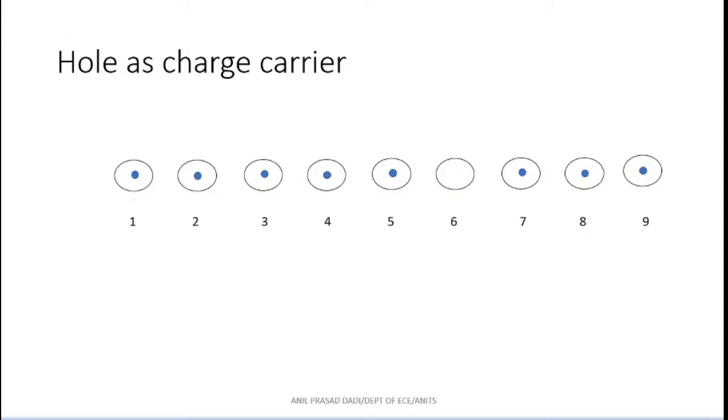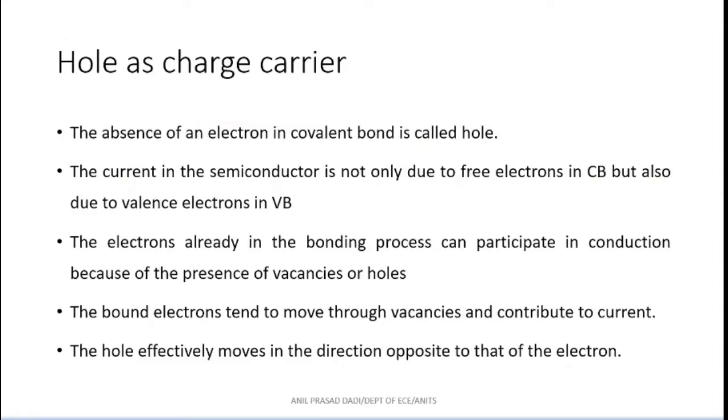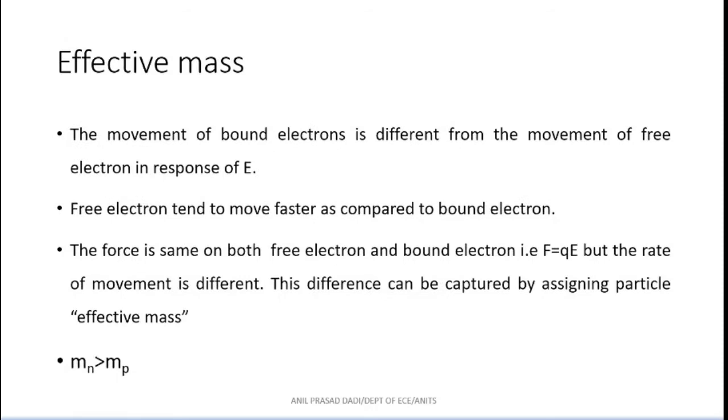So when a valence electron has come out, it becomes a free electron, and that place is called a hole. When there is a hole or a vacancy site, the valence electrons have a chance of coming and occupying that space. So naturally the hole is likely to move. Yesterday we saw that when a valence electron moves from left to right, the hole moves from right to left. So hole movement is always opposite to that of the valence electron movement. So this is all what we have seen yesterday.